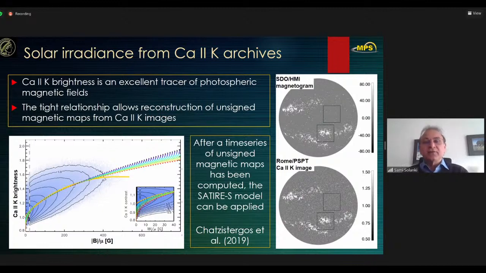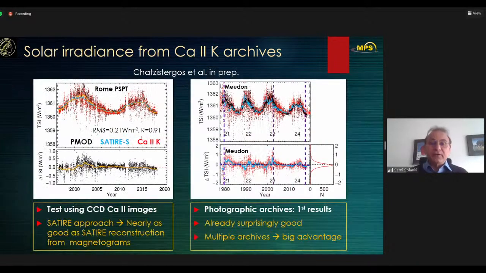You can do that. There is a nice relationship between the two, which has been known for a long time, but you can do that with the historical data also to calibrate them. And finally, you can use these unsigned magnetograms, using again the SATIRE model that I described earlier, and reconstruct the irradiance. And so first tests have been done using calcium images,